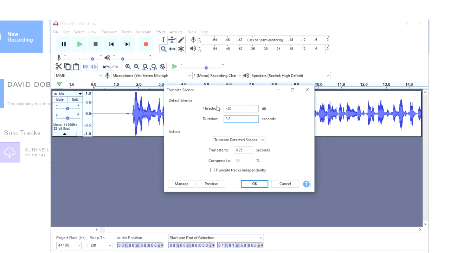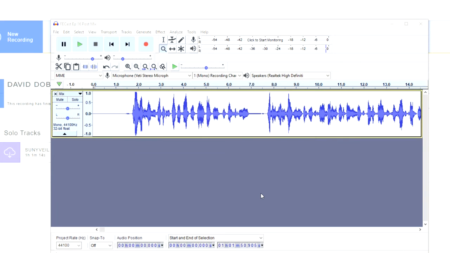Yeah, this takes anything that is, I think this can actually be, anything longer than half a second. Half a second is a pretty long silence on a track. And it'll truncate the silences.